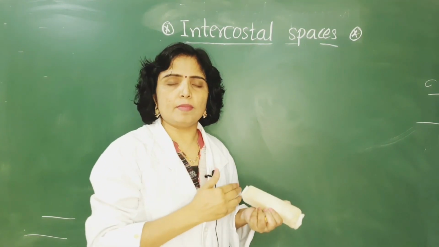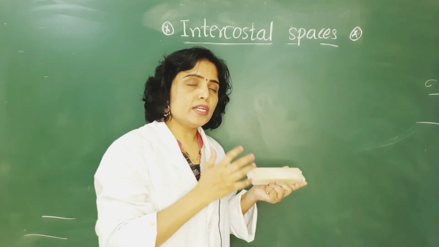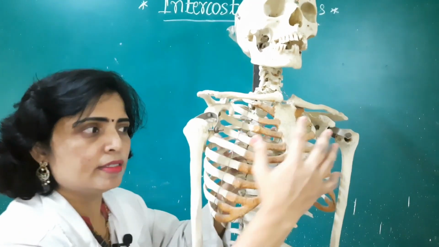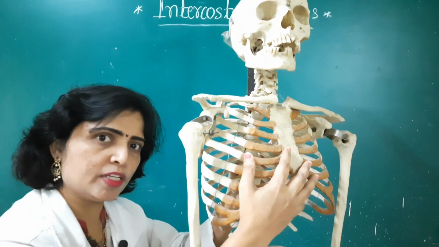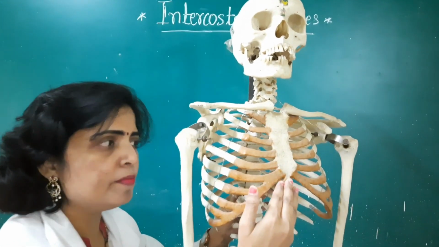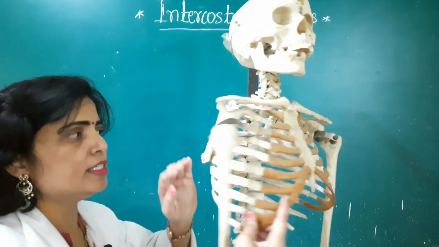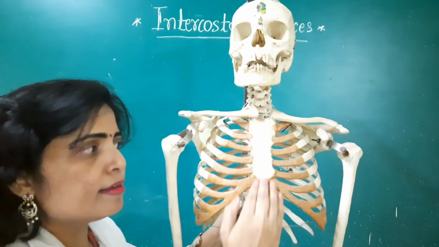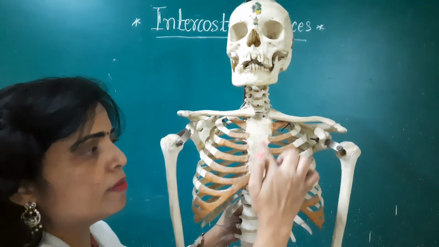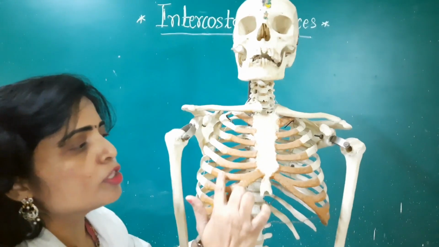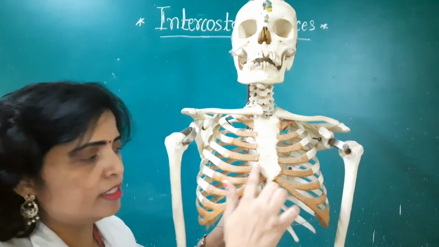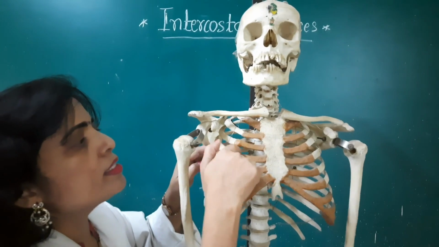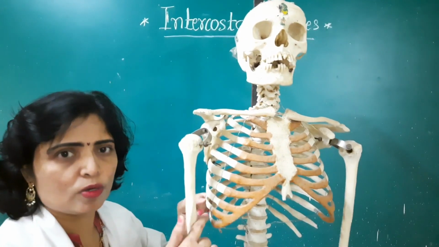Before we start in detail about the spaces, we'll have the orientation of these spaces on the thoracic cage. This is the thoracic cage, which forms the skeleton of the thorax. It is formed anteriorly by the sternum, on either side by the ribs with the costal cartilages, and posteriorly by the 12 thoracic vertebrae with the intervertebral discs. Anteriorly, the sternum has three parts: manubrium sterni, body and xiphoid process. The ribs articulate with the sternum through these dark colored costal cartilages, and the spaces between the ribs and costal cartilages are called the intercostal spaces.